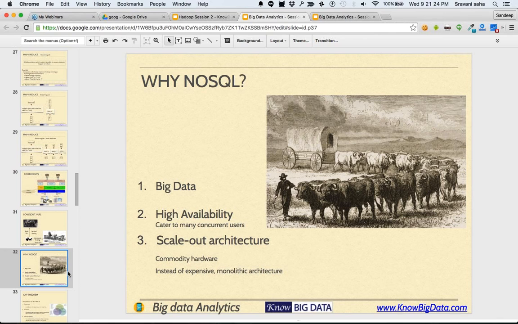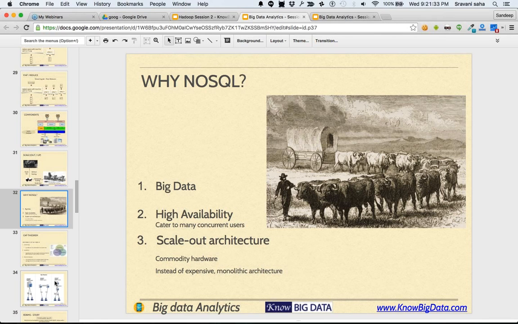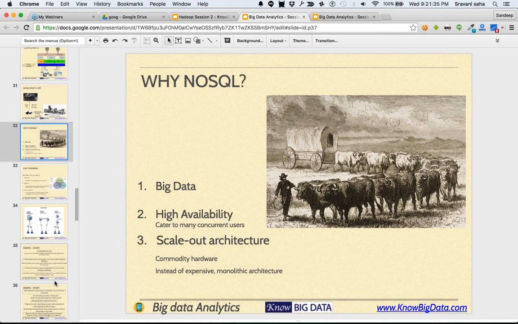Now, you must have heard a lot about what is NoSQL and all those stories. So we will go through a quick story on NoSQLs, and then that will make a lot more sense to you. Okay, so in simple words, when you hear that people are moving to NoSQL, the first question you will ask is, what's the point of having this new genre of databases? Okay, so there are 3 reasons.